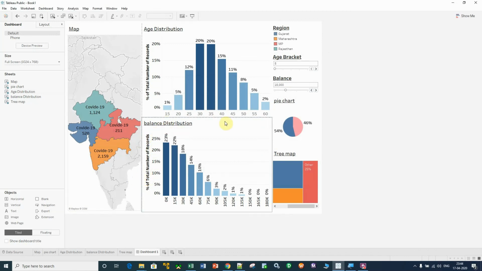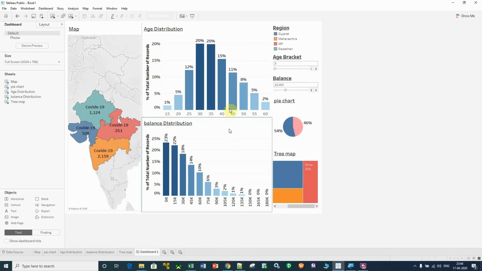So what is the analysis or what is the end user of this dashboard? The end user or the business user of this dashboard is our government. Let me tell you one thing, the data which we have taken for this COVID-19 analysis is dummy data, not actual data. But if you want to make it with the right data, the data is available on the government website. You can take that real data and try it in Tableau and create this dashboard so that you can do an analysis.